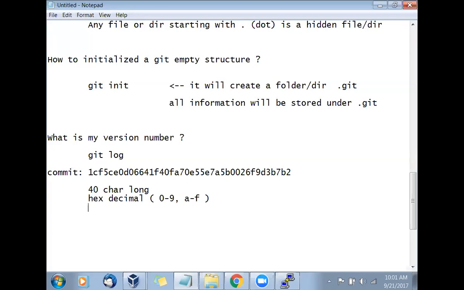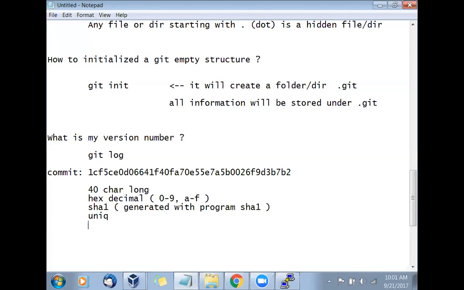Then it is a SHA-1 number. That means it is generated with the SHA-1 program. There is a program which will generate this number. Okay. This is a unique number, so there is no duplicate number in the entire project.